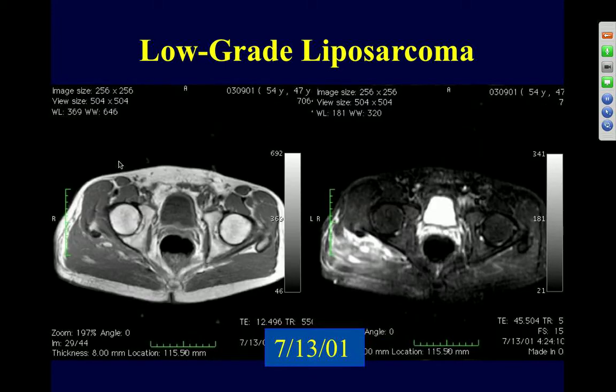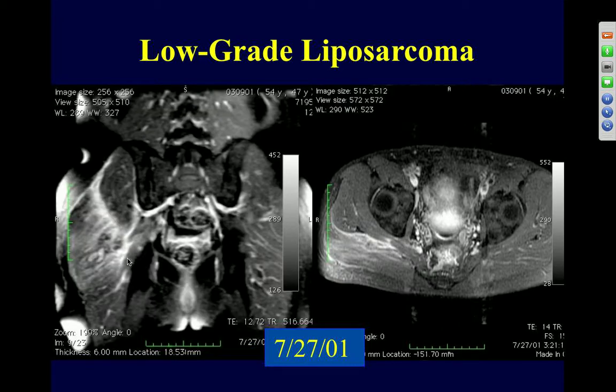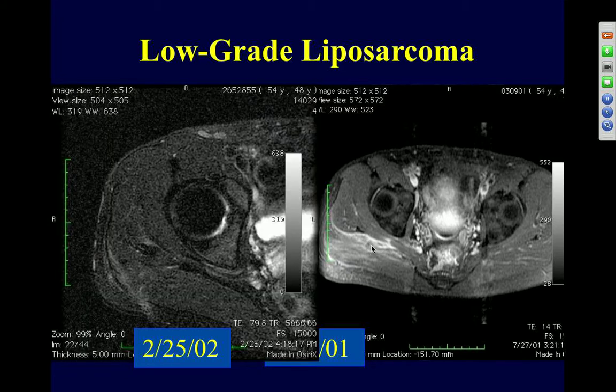This is on 7/13/01. Then the patient was being followed, and notice there's still some lipid area in this area. If you look at those areas, 7/27/01, still inhomogeneous, but on the fat suppressed sequence, it's hard to see it. Now, this patient was followed over a number of years, but the interesting thing at